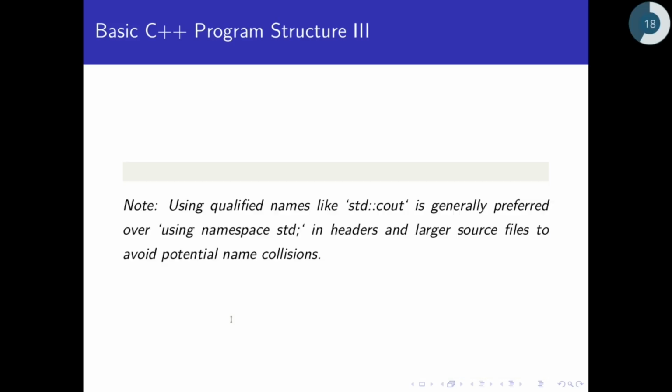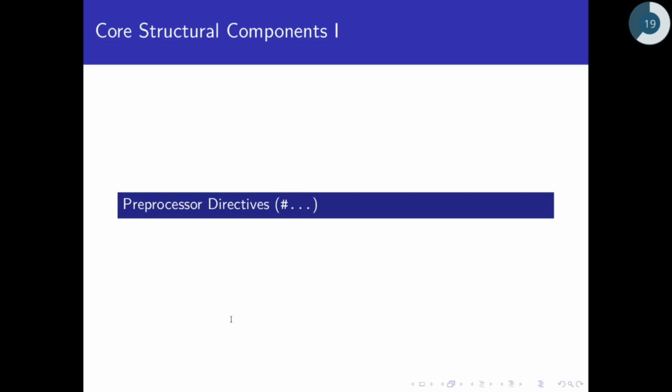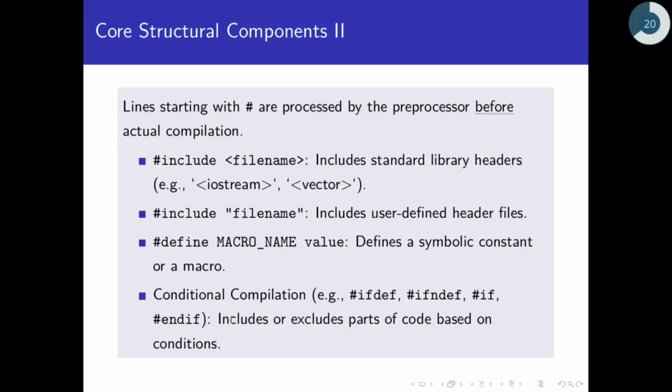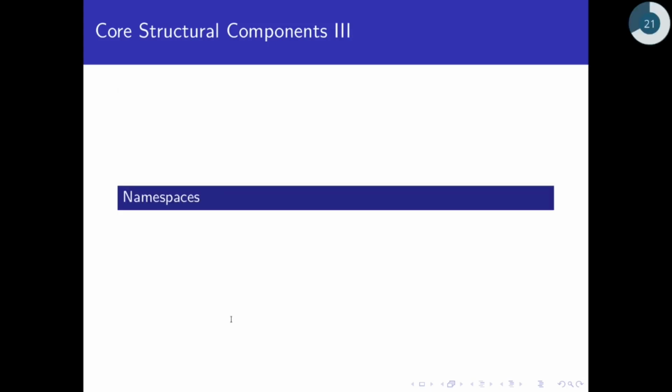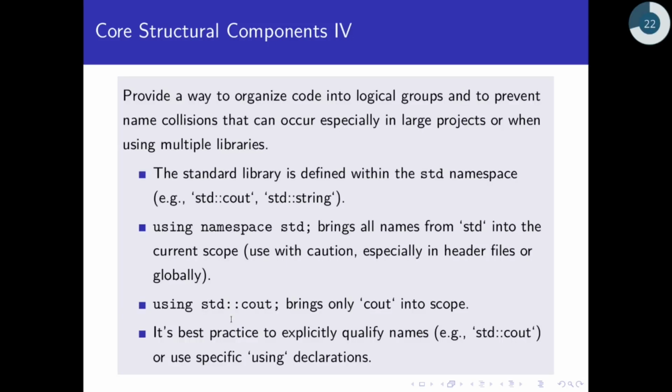So also see this, we also see the preprocessor directives. The hash is a preprocessor directive, so it enables us to include the libraries that we need to use, like iostream, or vector in case you want to use a dynamic list. I'm going to be talking about them. If not defined, then use this. Namespace as well.